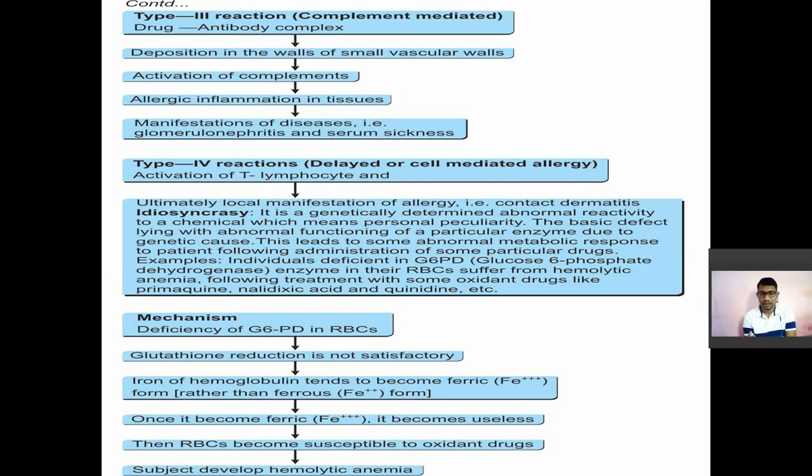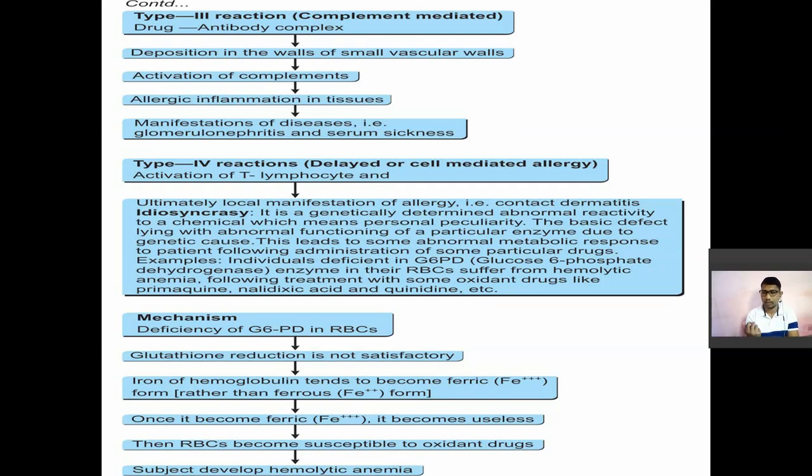For example, there are different races of humans: Americans, Negroes, Indians. In Negroes, particularly, an enzyme called glucose 6 phosphate dehydrogenase is deficient. So those patients who are deficient in the enzyme glucose 6 phosphate dehydrogenase, G6PD,